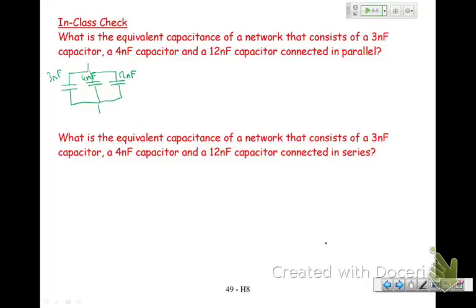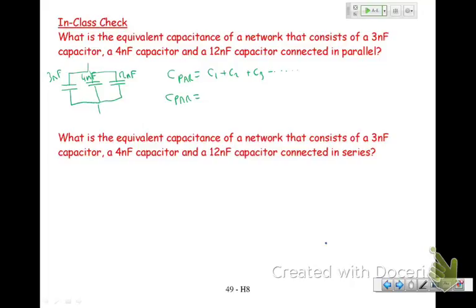And I go, they're in parallel. C par is equal to C1 plus C2 plus C3. I'm going to write that down a million times because I don't want to forget it as I get old. So C par is equal to,